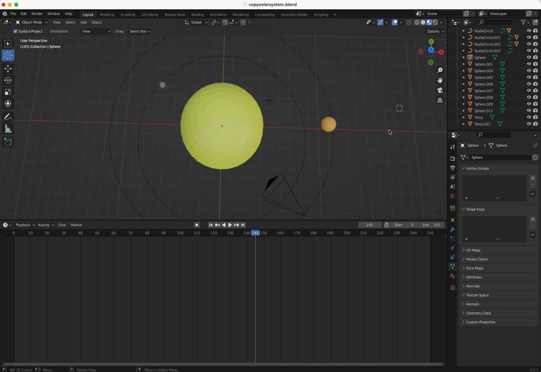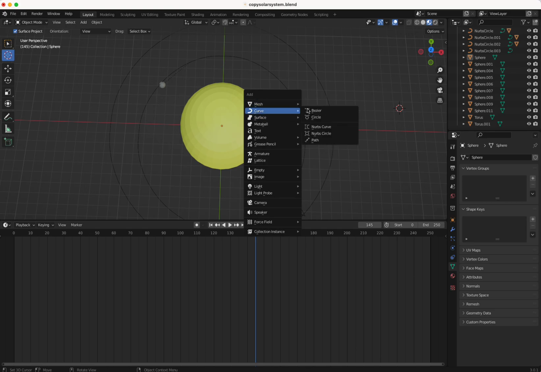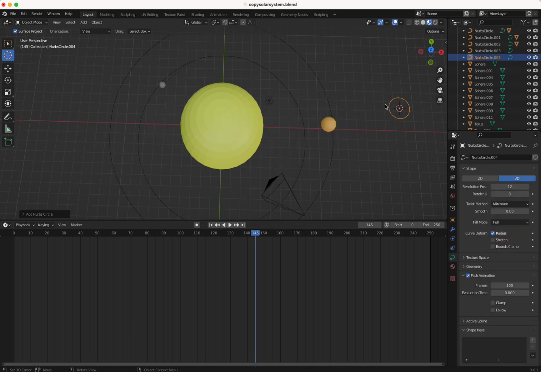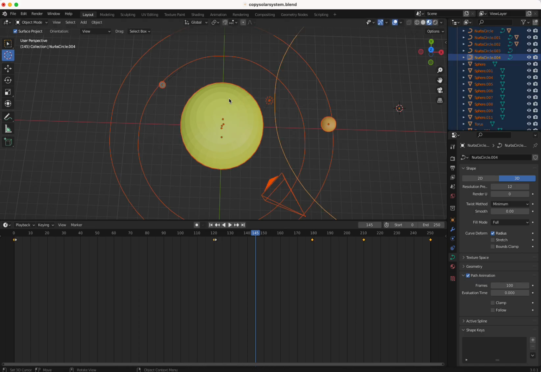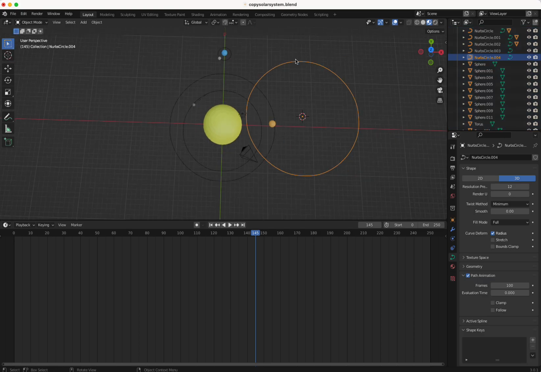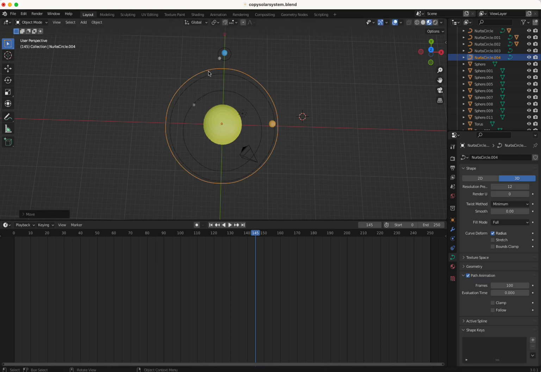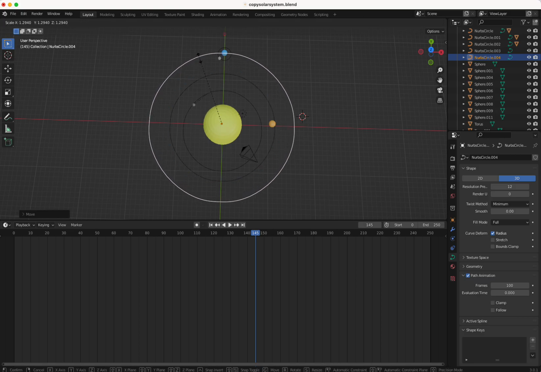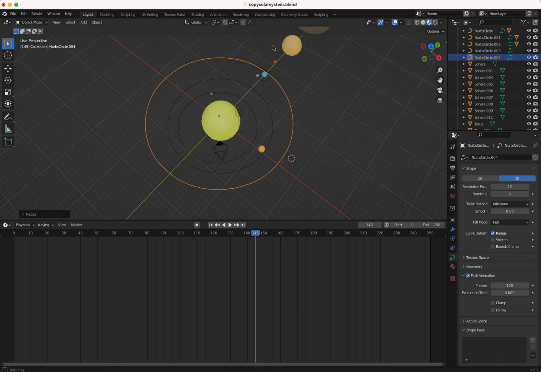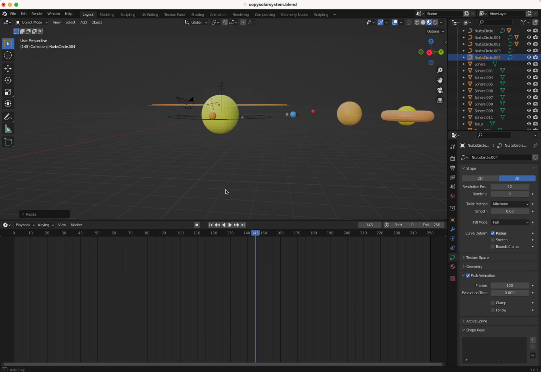So let's make another big one with a big orbit around the sun. And then make it very big like this. Oh, the Earth's orbit is giant. And then this is the rotation for the Earth. Bigger, it has to be bigger. This one. Yeah, that's kind of big. Wow, the Earth's orbit is giant.